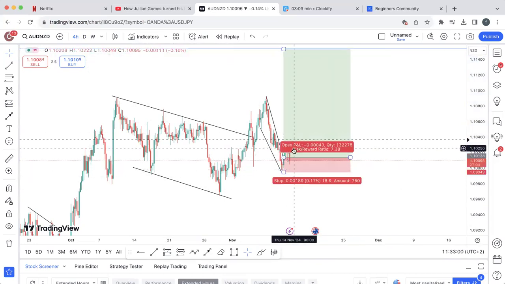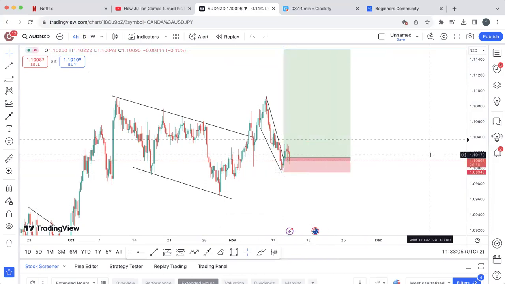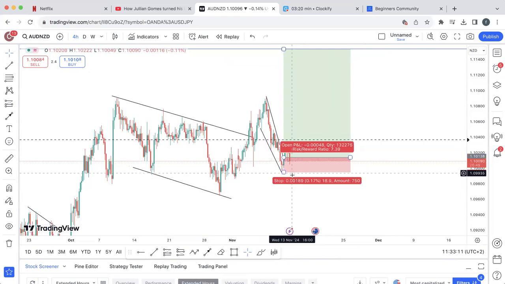So price did take me in. Currently it's floating somewhere at a small loss near break even. So I will move my stop loss to break even if price does reach this area over here. Or if this does drop to hit my stop loss, I'll see if I can evolve this to be